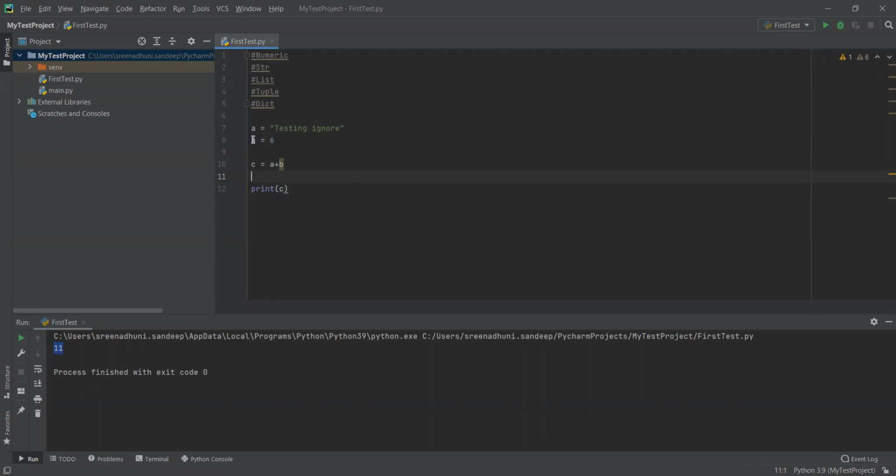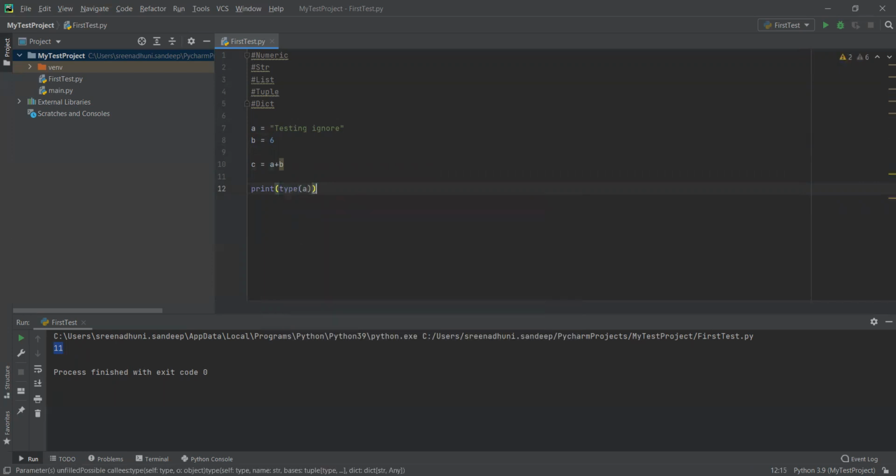But if you hover on b, it will give the int data type. That is how Python is very intelligent, so you don't need to specify which data type it is. If you provide the values within double quotes, it will treat it as a string. If you directly assign the value like this, then it will consider it an integer data type.